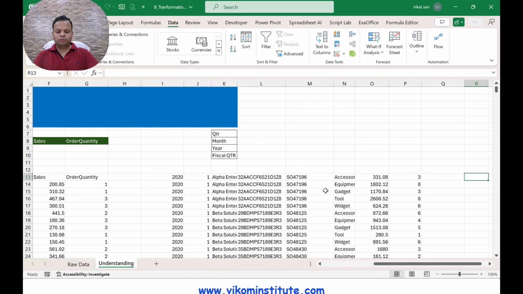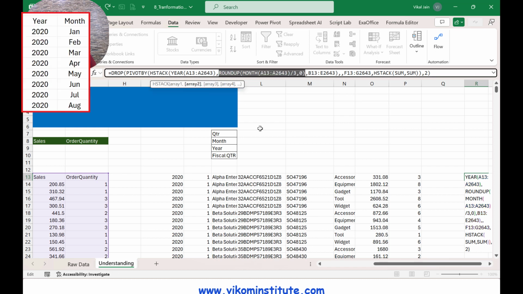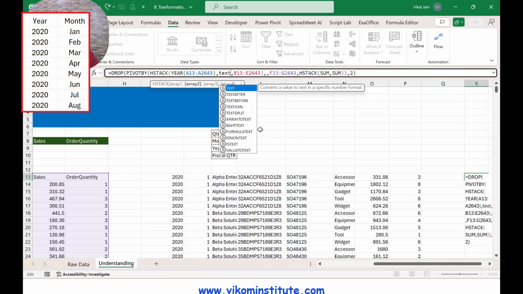Now what you need to do, you need to paste over here. In the case of month, the choice is yours. If you want the month name, then we need to use the TEXT function. If you want the month number, then we simply use the MONTH function. So I'm taking the TEXT function to extract the month name. Here I am removing the second criteria and using the TEXT function.